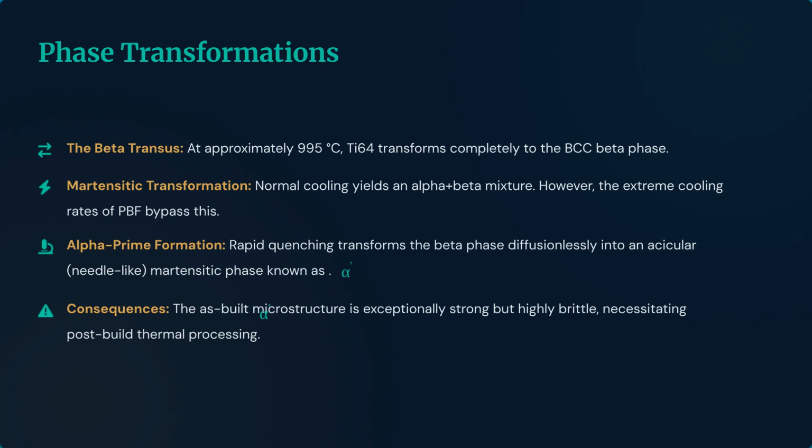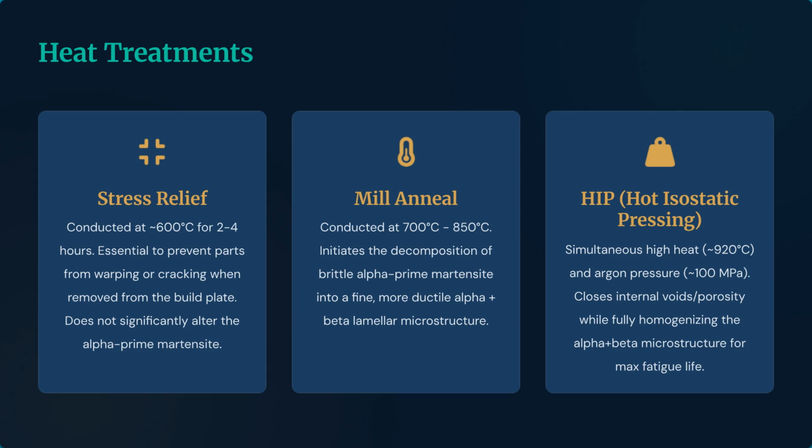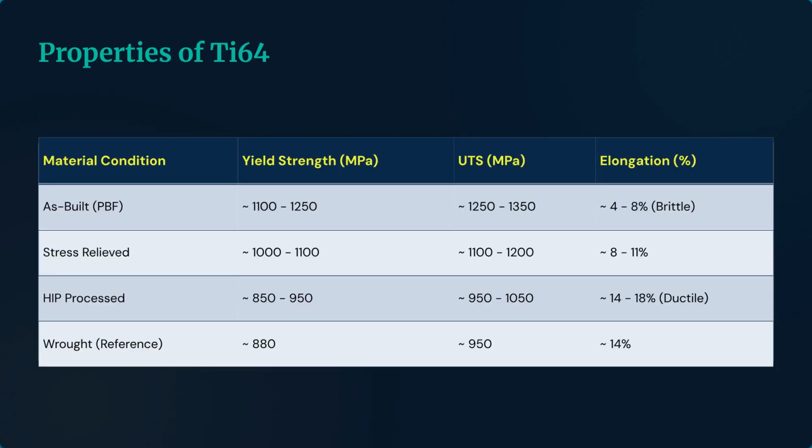Phase transformations are critical. Rapid quenching in PBF processes leads to the formation of brittle alpha-prime martensite, requiring post-build thermal processing. Cooling rates in laser powder bed fusion can reach 1 million Kelvin per second, trapping the material in non-equilibrium states. Finally, post-processing techniques like stress relief, mill-annealing, and hot isostatic pressing are used to optimize the microstructure and ensure component durability. This slide details the mechanical properties of Ti64 in various material conditions, comparing as-built, stress-relieved, and HIP process